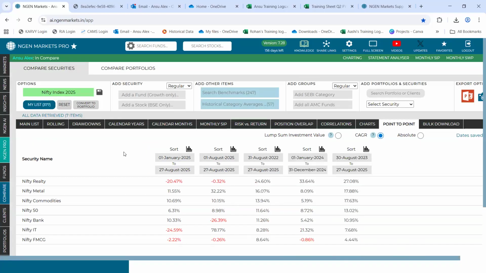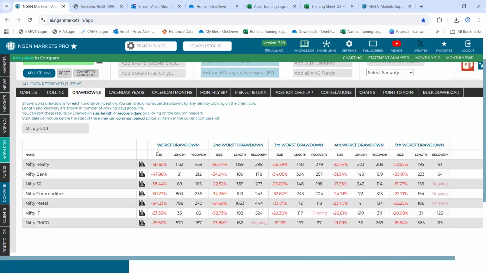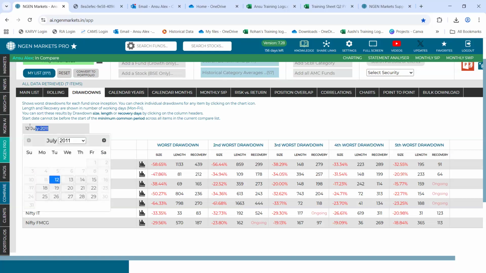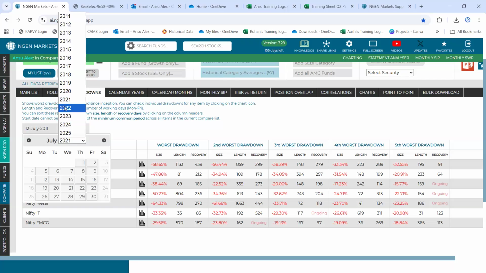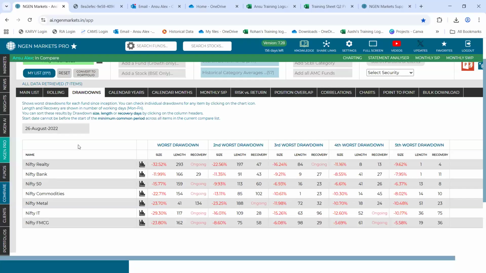Post this, we would be moving towards the drawdowns tab. Now, drawdowns lets you know how quickly a specific benchmark, or for that matter, a fund, is recovering from any loss that has happened in the past. In order to read the data, you're supposed to click on this graph-like icon. The start date again, you get to see is 12th July 2011, which you can edit on your side as well. So let's say I again take the 3-year time period that we had selected initially for all the tabs. And now I click on this graph icon.